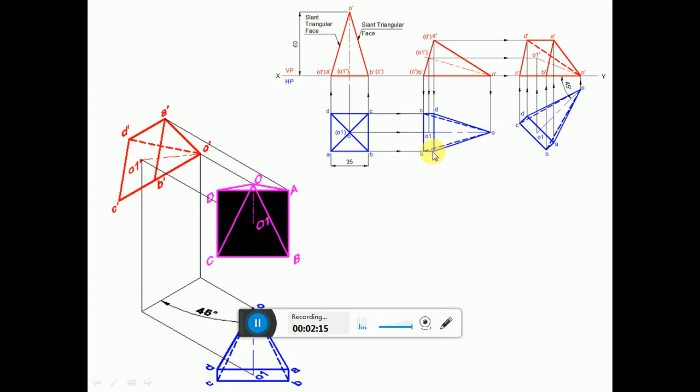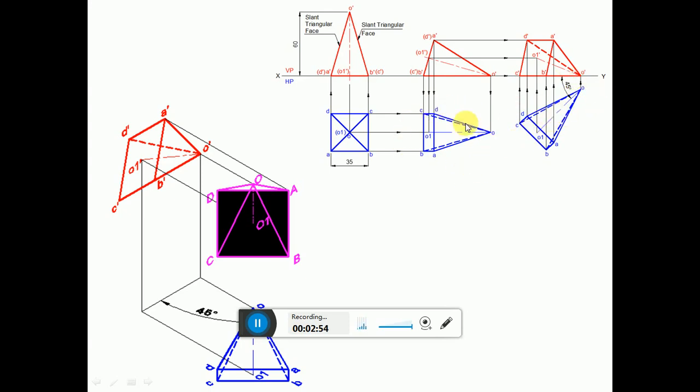Then from A, AB and DC both are perpendicular to AD. So keeping the protractor on AD line with A as center, measure an angle of 90 degrees with respect to AD and then draw a line. Similarly from D also you do the same procedure. Then you measure the length from A to B. From A you cut an arc on this to get this point B, and similarly from D you cut an arc on this to get this point C. Then name them and join all the edges exactly the same way as that of the second position top view, and complete this sketch.